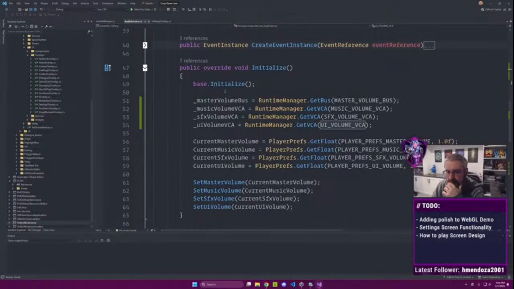And then, so we assigned it here. We're assigning the right values here. Current music. So